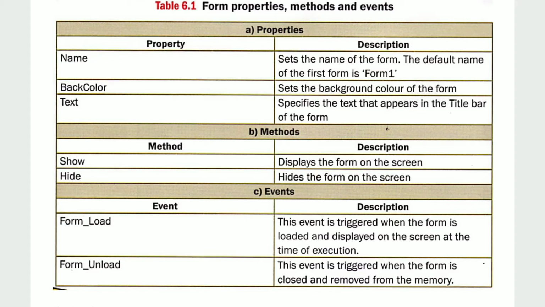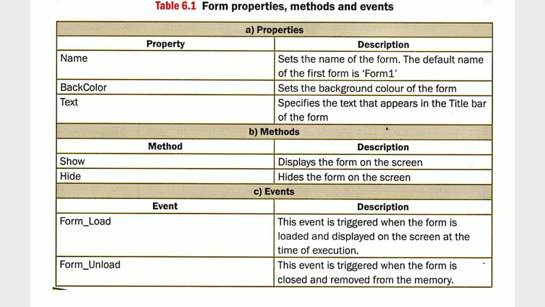There is a big difference between the name property and the text property. The text property is used to change the appearance of the name of the form that is presented in the title bar. But the name property is used to change the name of the form that will be used in the code window to represent that particular form. There are also some properties like font. The font property is used to set the font style and font size of the form. The appearance property can be 3D or flat 2D. It is used to set how the form will look.